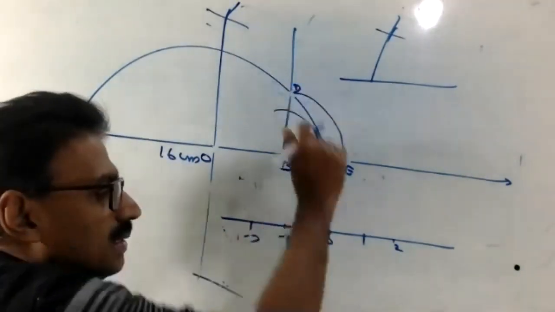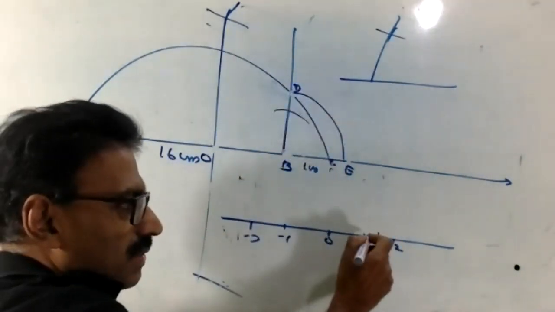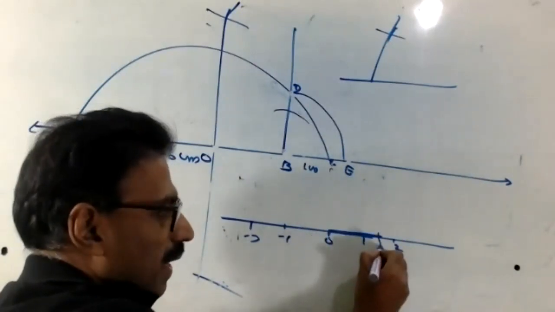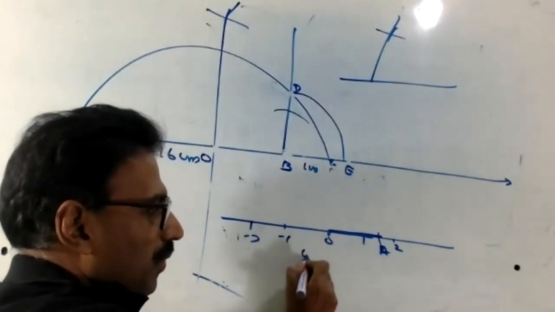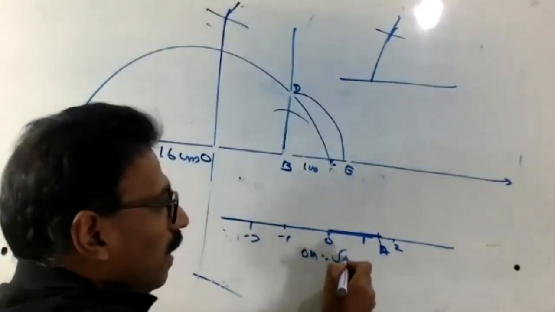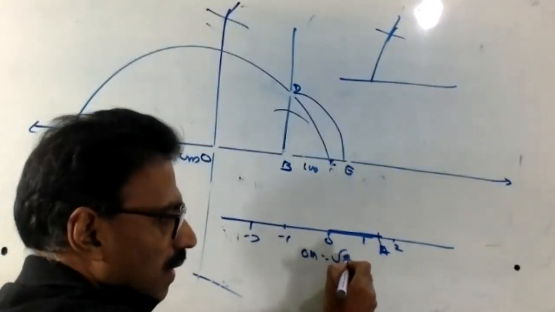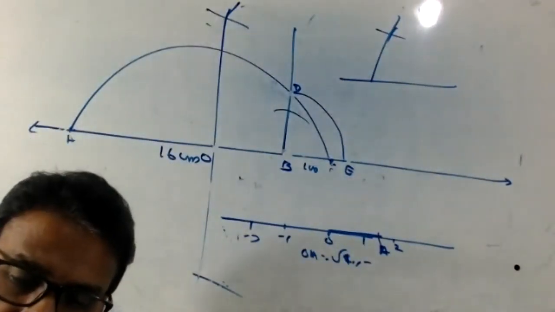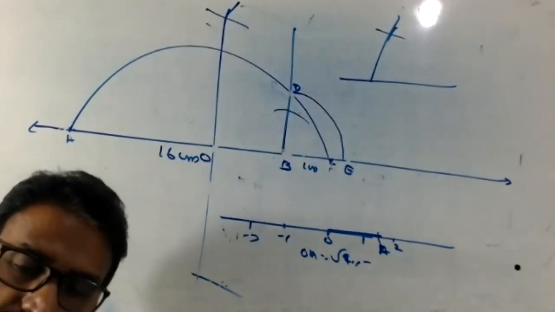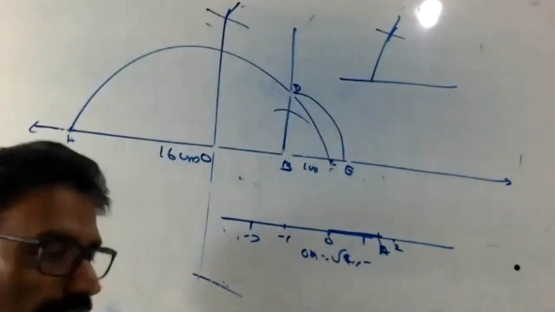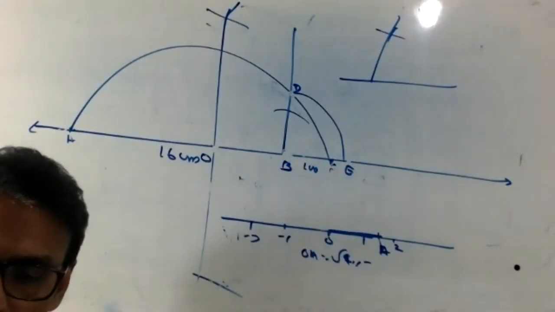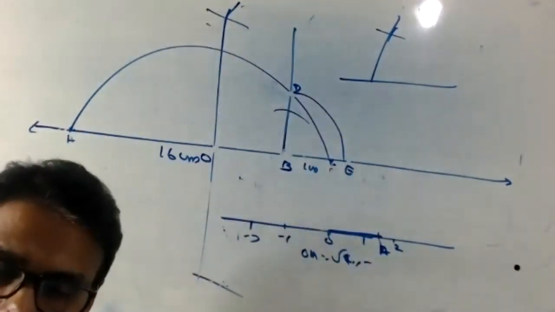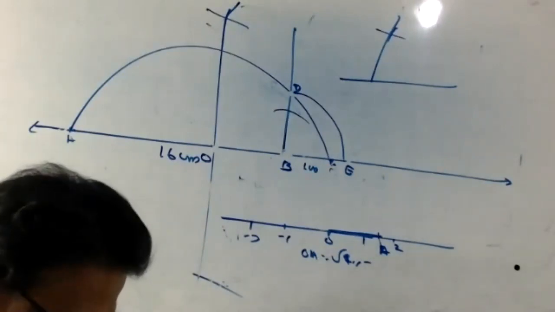Then this same length they keep it here like this. They mark here. So that means OA equal to root of 4.5, like that. Maybe some classes in DPS do like this. After getting this one, again draw a number line and mark on that. That means here take this one and keep on the number line. That's only. Okay.